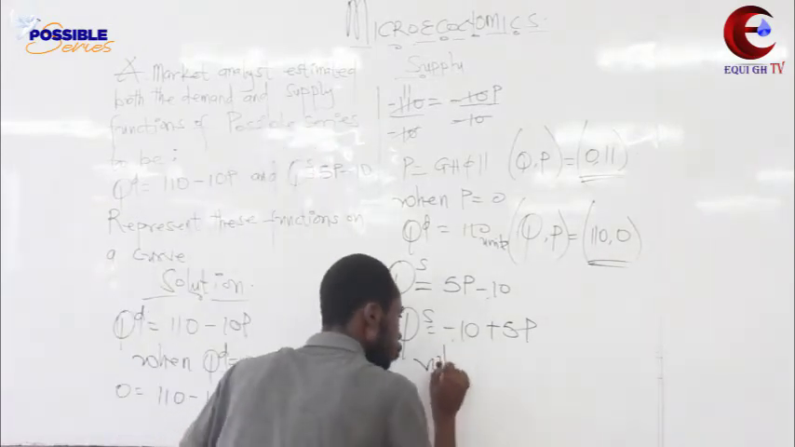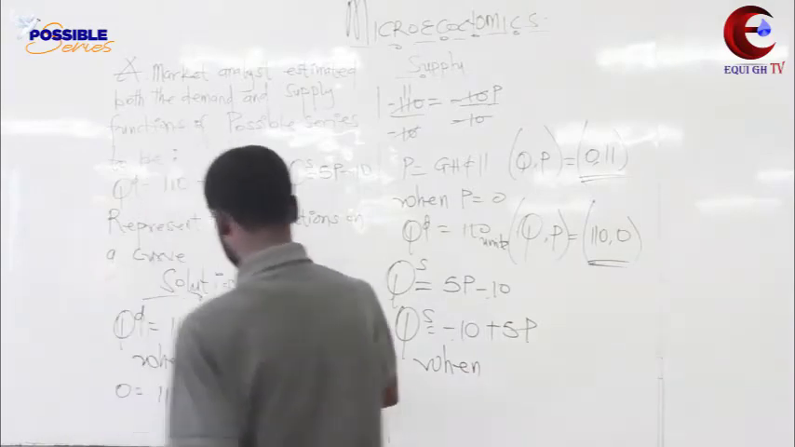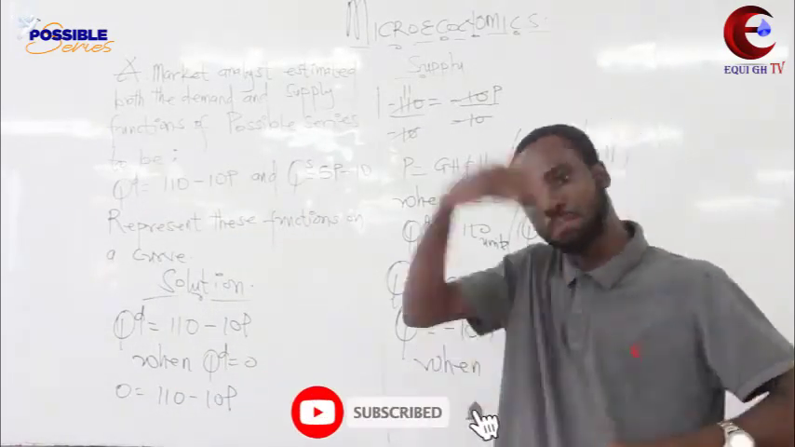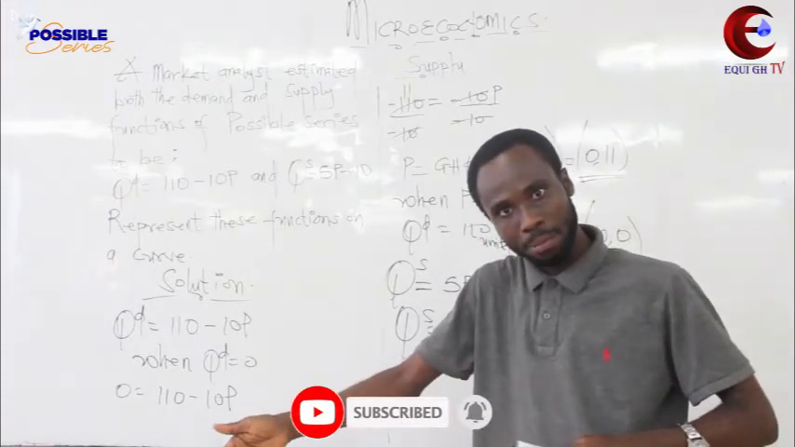So over here, when QD is equal to 0, I told you that you can do them interchangeably. P also could be equal to 0. I hope it makes sense. Let me